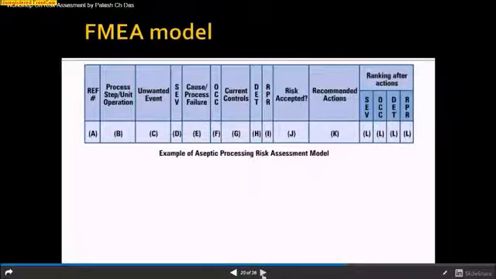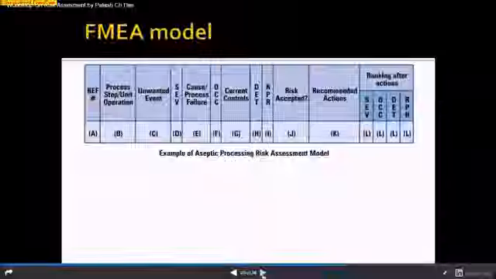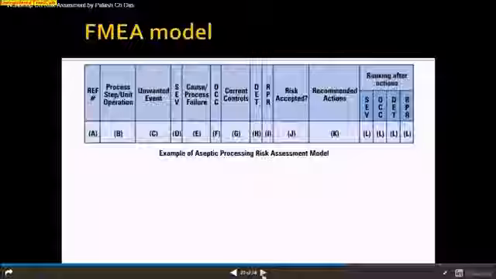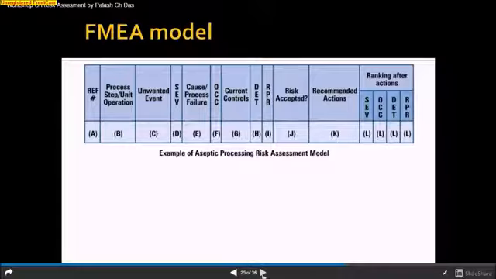This is the basic FMEA model. Normally we see three factors in risk ranking: severity, occurrence and detection. Based on that we draw the RPN level. Basically, if it is a high RPN, you can do risk assessment, or you can relook at the risks with a proper mitigation system. So you need to put the reference in A, the process steps and unit operation in B, and think about the unwanted event in C. Then you have to put